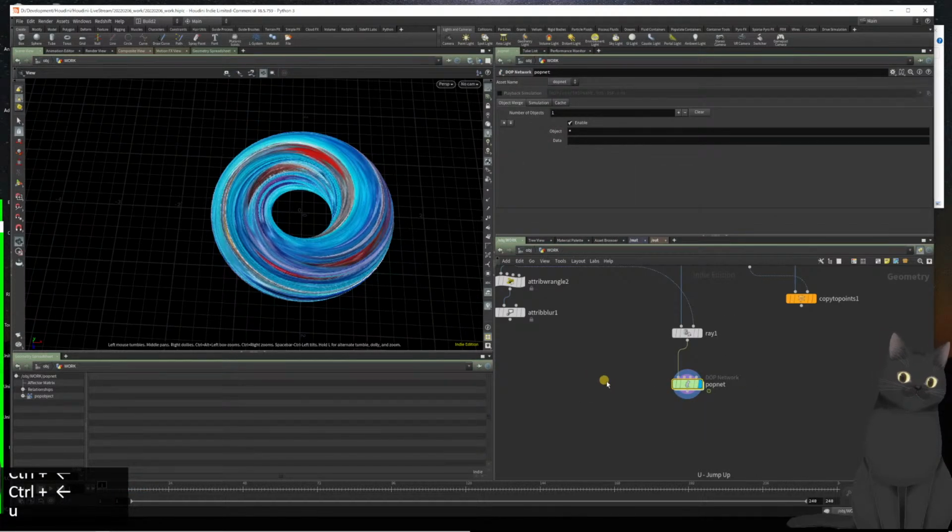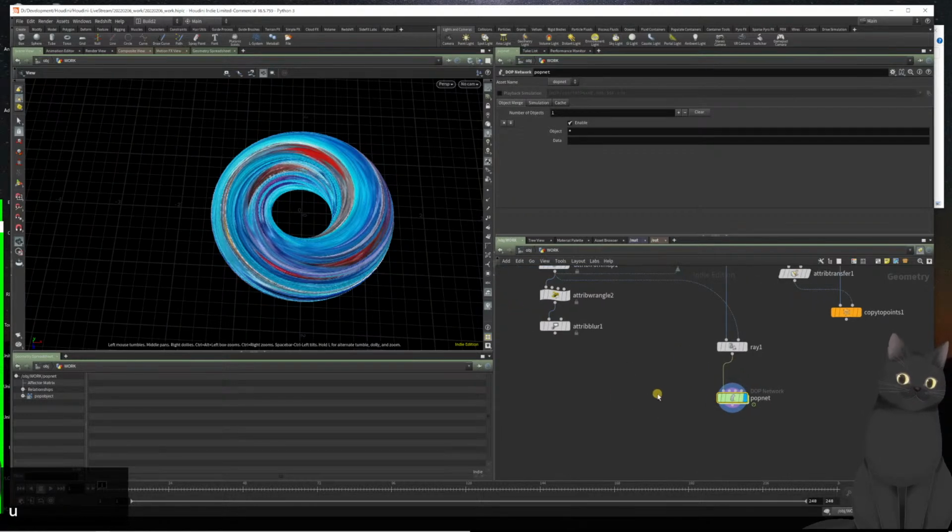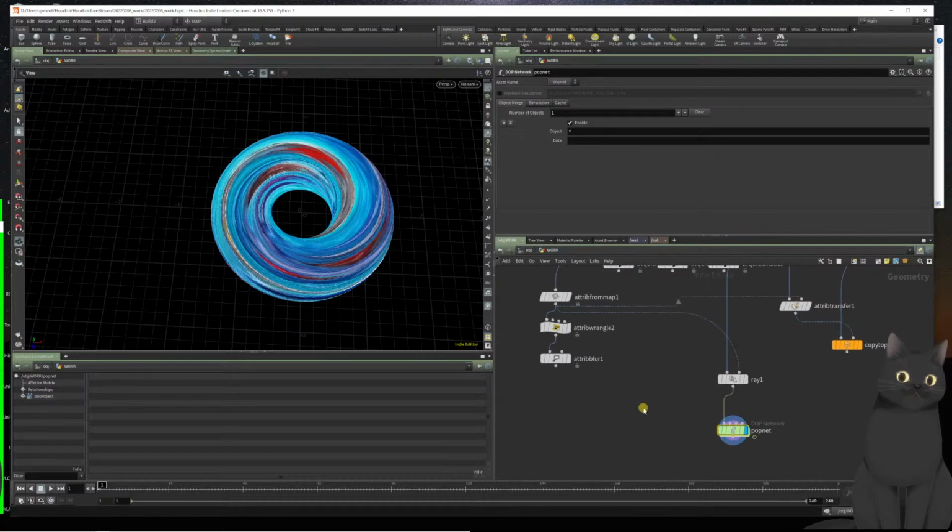I'm just going to switch this over for a second. I'm going to scatter points on the surface of the geometry. So we just have less points, and it should be quicker to